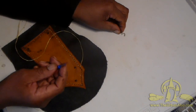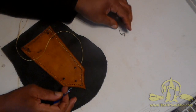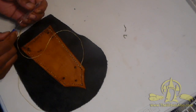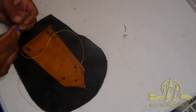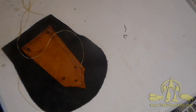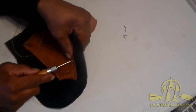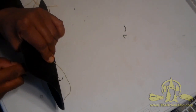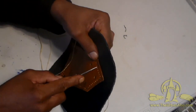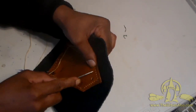Noticing I'm not using this sharp piece on my finished outside piece, because I don't want to mar or scratch the piece that's going to be visible. So now I can continue on with my stitching and just make sure the hole is big enough. I'm doing five at a time. So I'm taking my awl, and 1, 2, 3, 4,